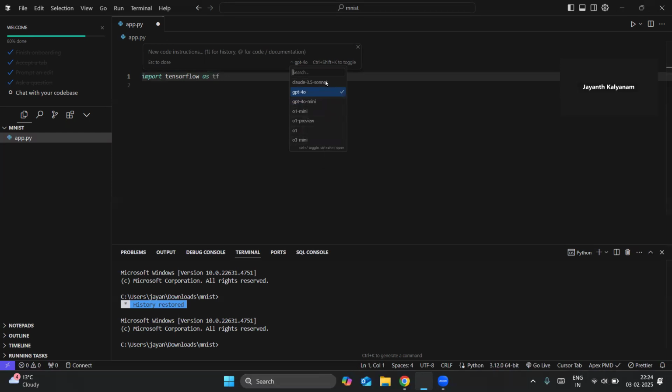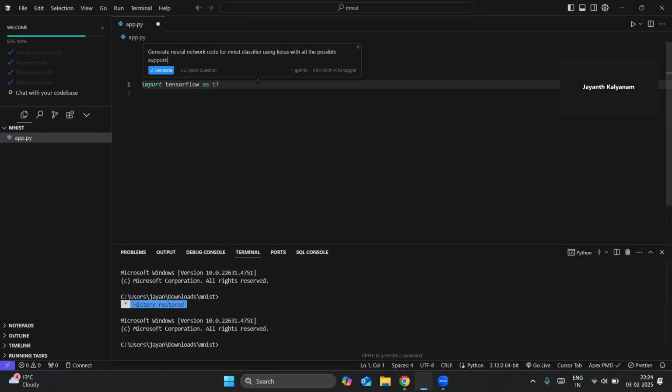You can select whatever you have, and then I will ask it to generate a neural network code for MNIST classifier using Keras with all the possible metrics. So I'm going to ask this now,